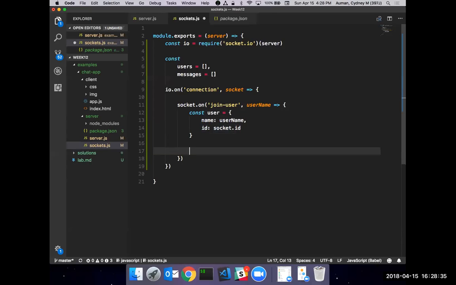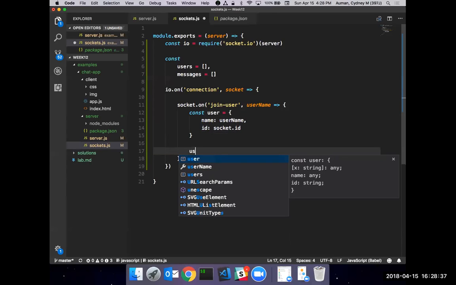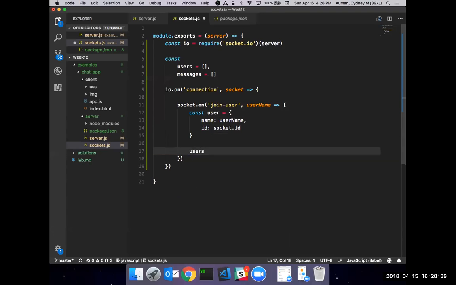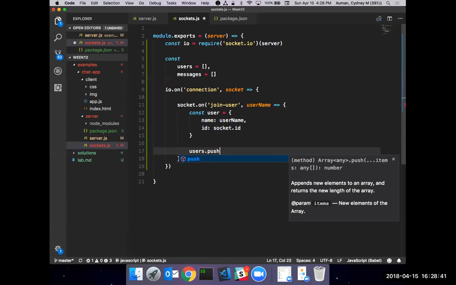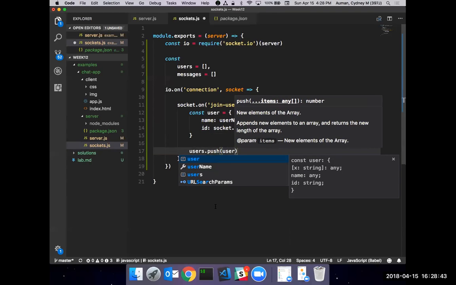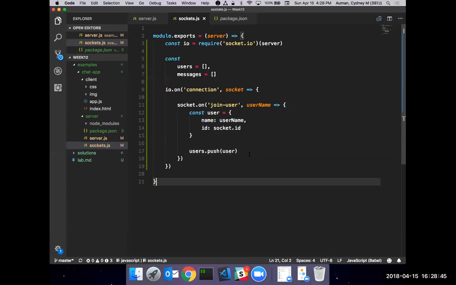So now that I have this user, I would probably want to do users.push and put my user inside this array up here. And now the view portion has said, hey, I'd like to add this user. And now I need to tell the view portion, as the server, hey, I've added this user.